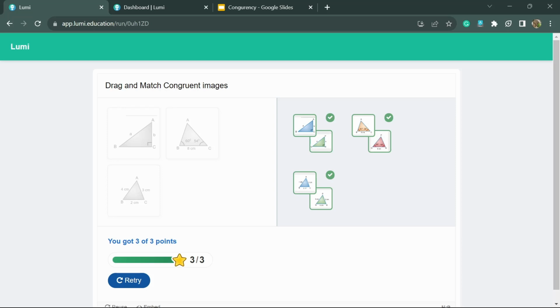Because geometry is all about practicing more and more and visualizing images, visualizing lines, angles, etc. And students often find it boring. But to make it more interesting, to make students practice more and more, we can use these types of tools. So in this video, we are going to learn how we can create these drag and drop image interactive